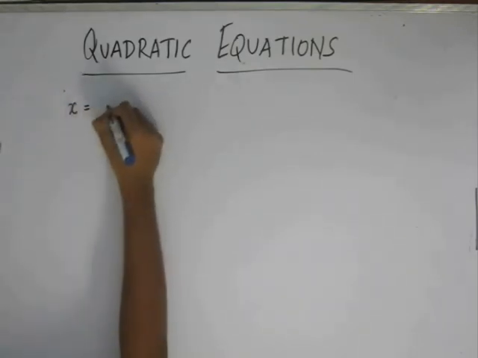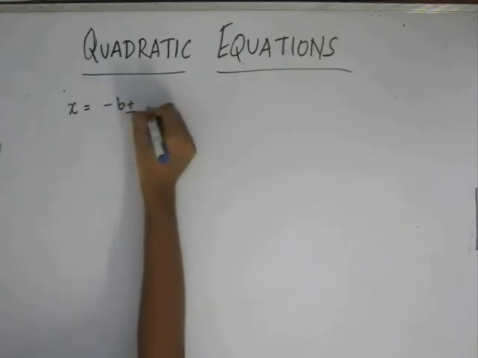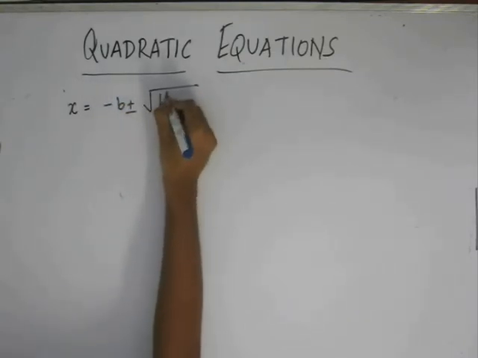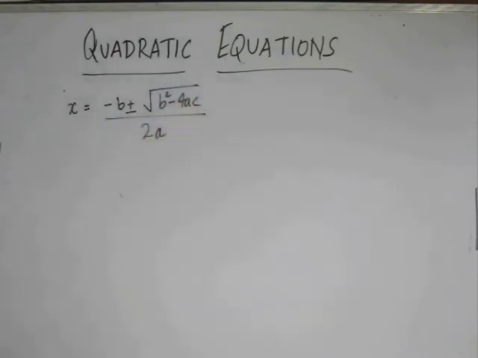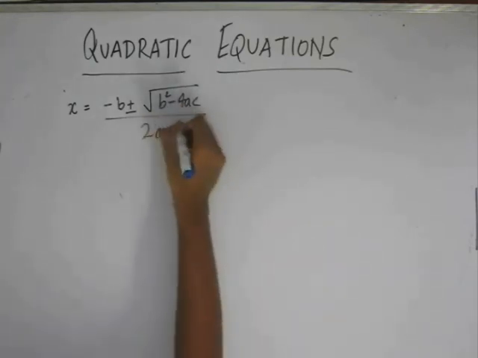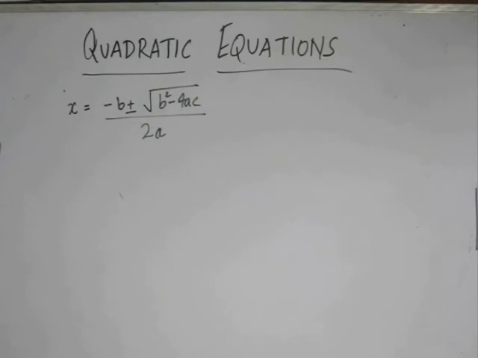The solution of a quadratic equation was given by minus b plus or minus root b square minus 4ac by 2a. Now this term b square minus 4ac is under the square root, and we all know that the square root function is defined only if the term inside it is positive. Now what happens if b square minus 4ac becomes a negative number? This is what we have to analyze. If b square minus 4ac becomes a negative number, then there is no real solution of x for the given quadratic equation.